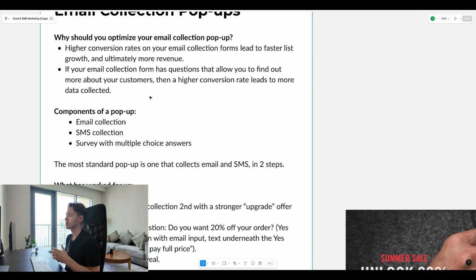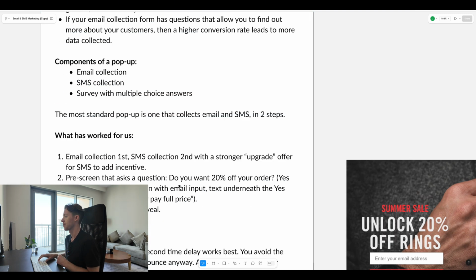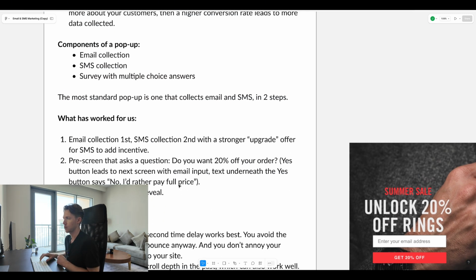So you can use your email pop-ups as a way to gather more information on your customers, maybe ask them what they're shopping for, maybe ask them who they're shopping for, and that is a great way to find out that extra information, okay? So components of a pop-up, of course, you have email and SMS collection and a survey,